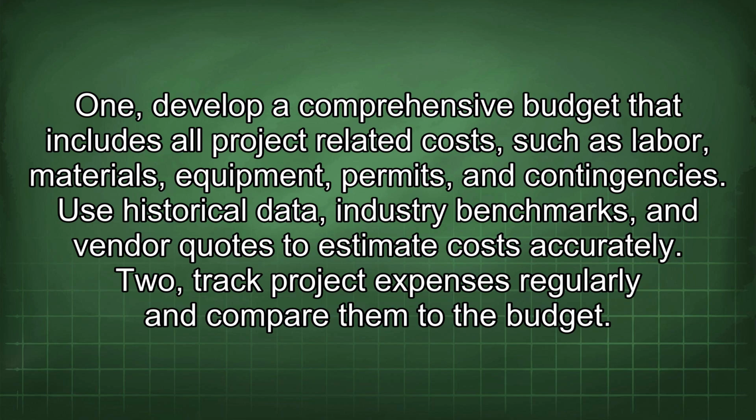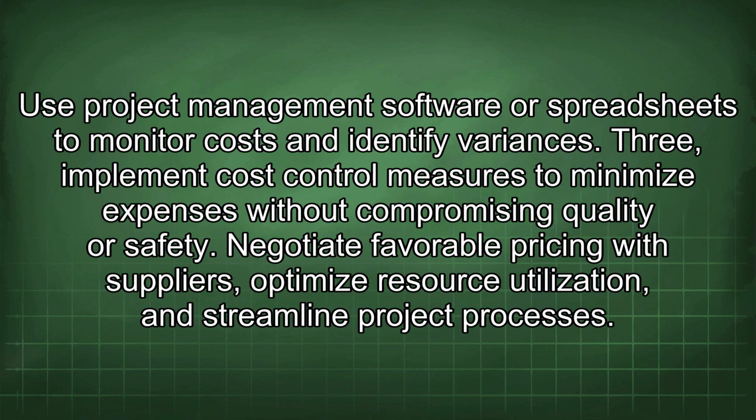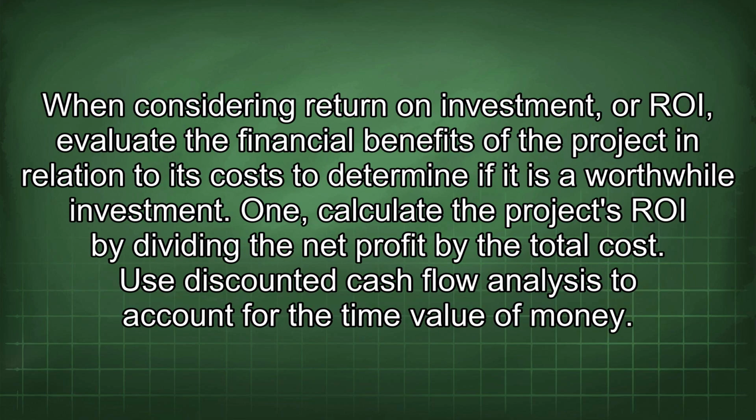2. Track project expenses regularly and compare them to the budget. Use project management software or spreadsheets to monitor costs and identify variances. 3. Implement cost control measures to minimize expenses without compromising quality or safety. Negotiate favorable pricing with suppliers, optimize resource utilization, and streamline project processes. When considering return on investment, or ROI,